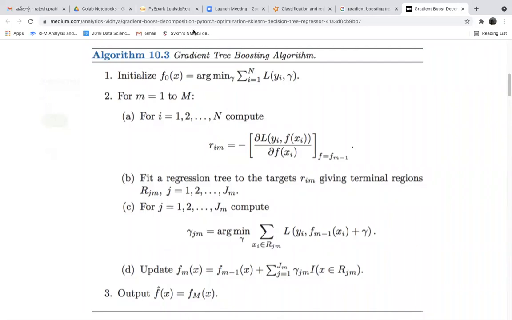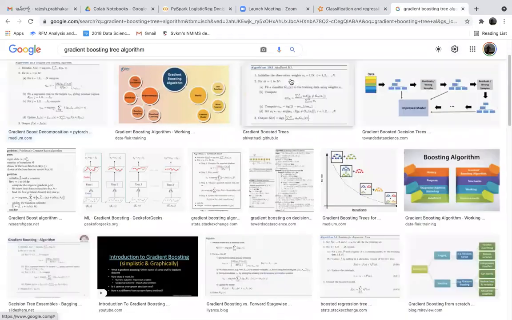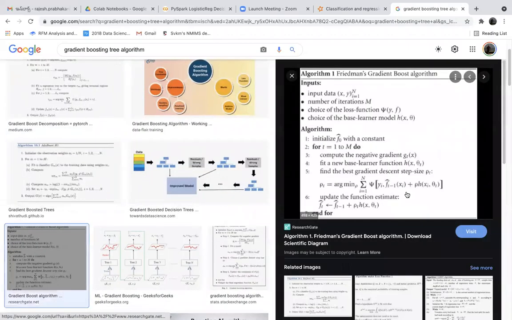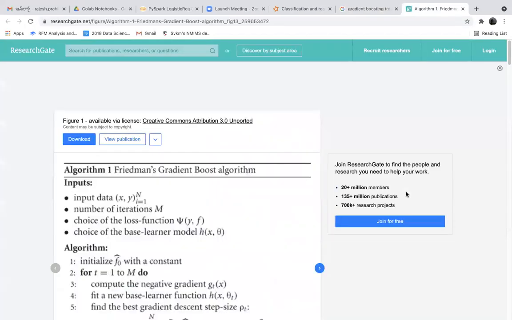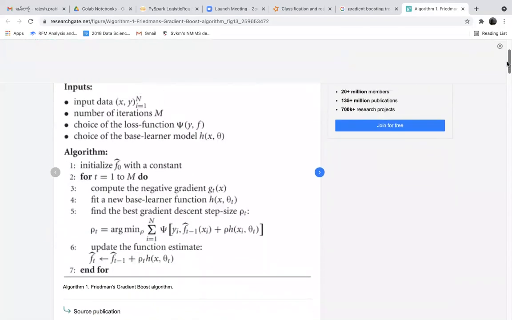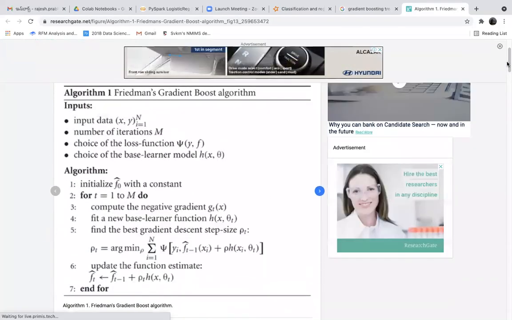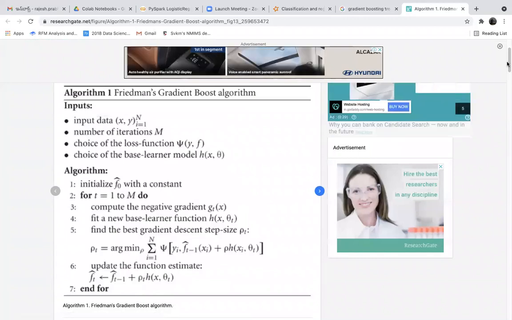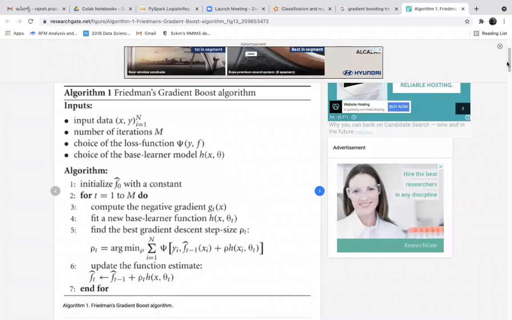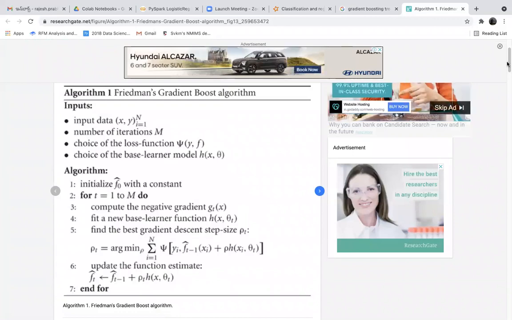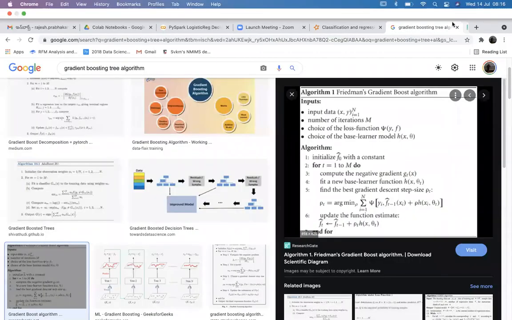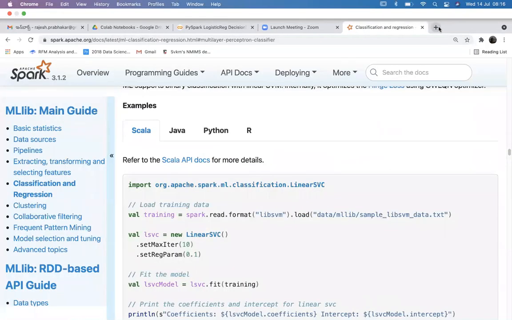Sir, one more doubt. Yes, please go ahead. Sir, what is the methodology to stop this? Like, till what point will it consider creating a next tree? It will build as many trees as you want. The constraint is only the number of trees, and once it reaches your specified number of trees, it will stop. Sir, let's say 90% of the data was covered in, let's say, 3 trees, and... There is no early stopping in gradient boosting. Early stopping is used only in neural networks.